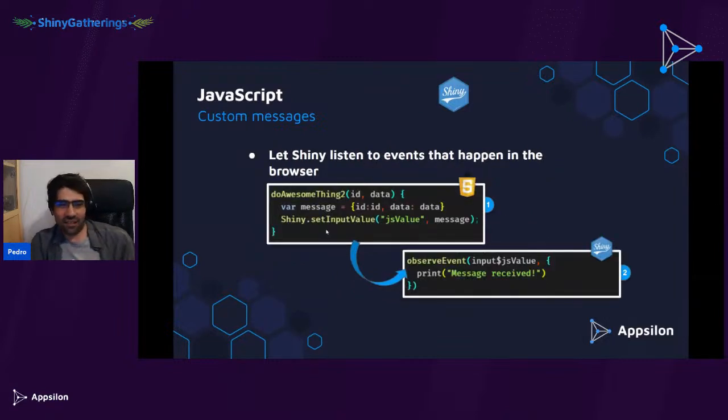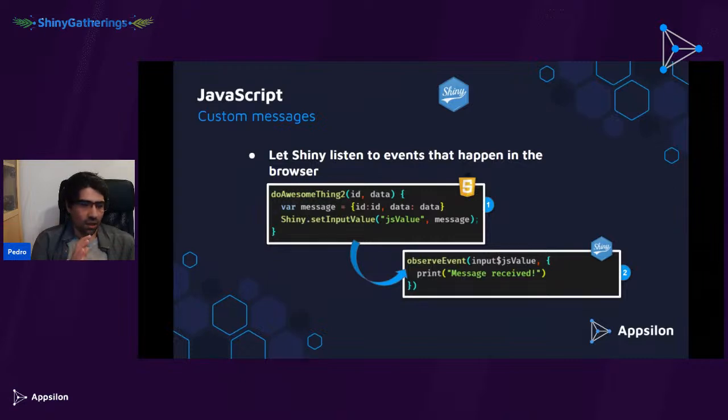The other way is slightly easier. In JavaScript, you can actually just use Shiny.setInputValue. Shiny.setInputValue only takes an ID and a message, and it becomes something that you can observe as a normal input. So if you do input$ whatever ID you define in setInputValue, it will actually update the value with that message.